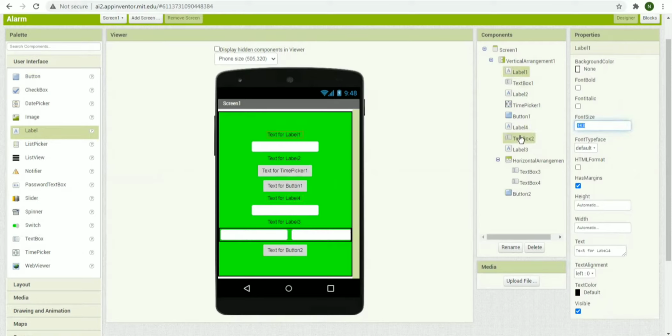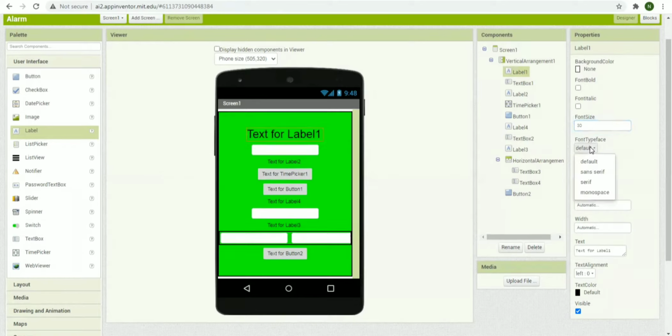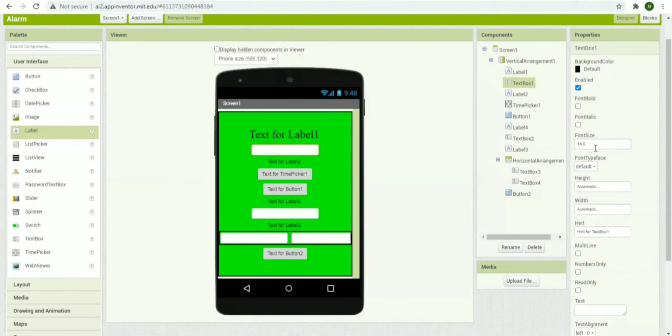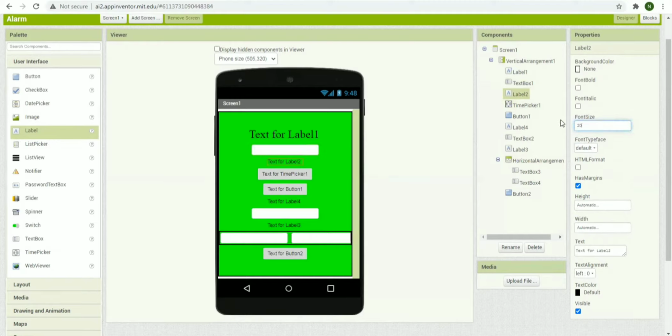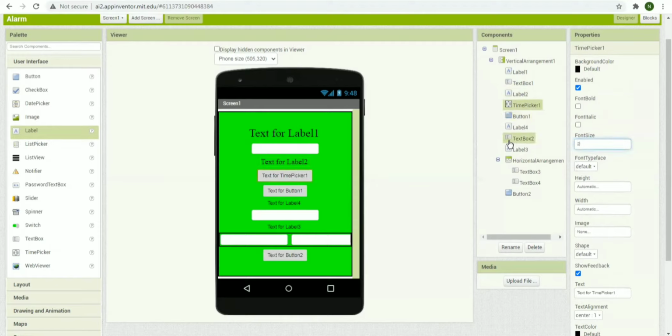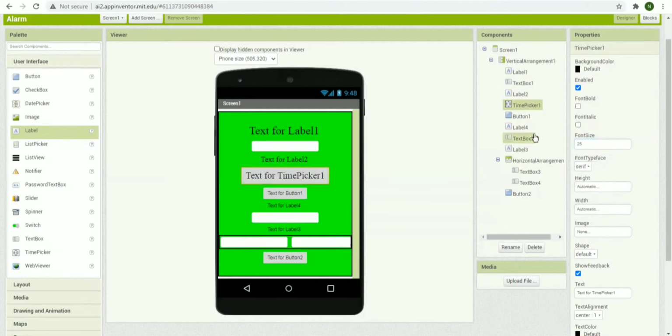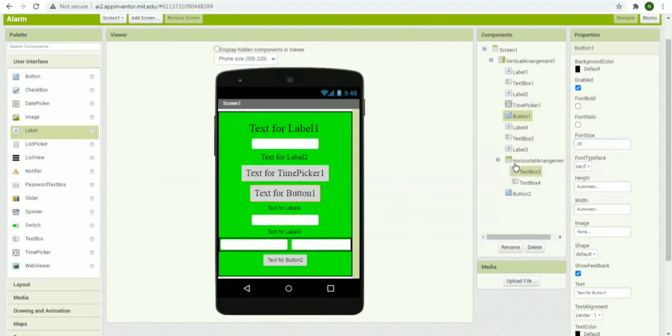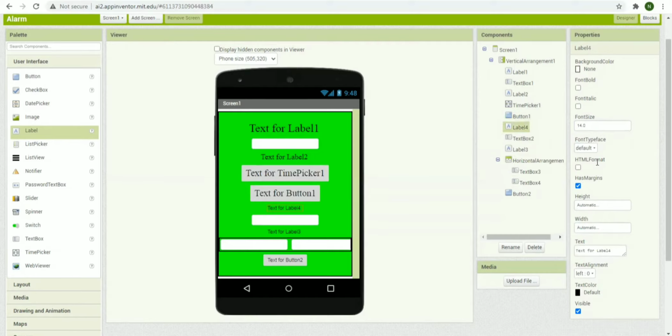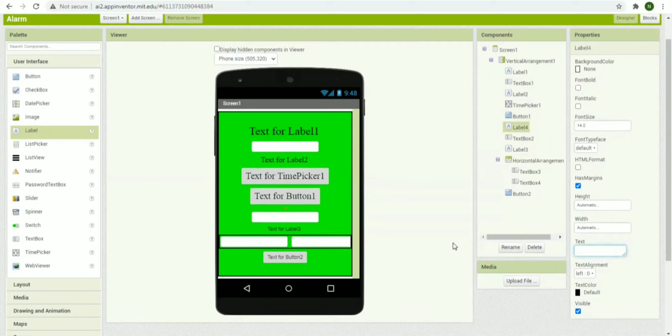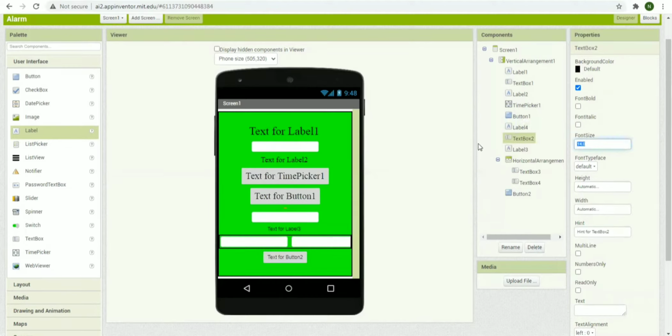For label 1 we'll keep the font size as 30. First we will be keeping the font size and we'll keep the font typeface. Text box 1 is 20, label 2 is going to be 20, time picker 1 is going to be 25, button 1 is going to be 25, and label 4 actually no text should be there. And then for text box 2, 20,